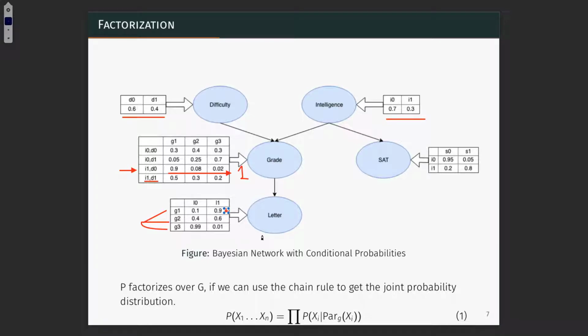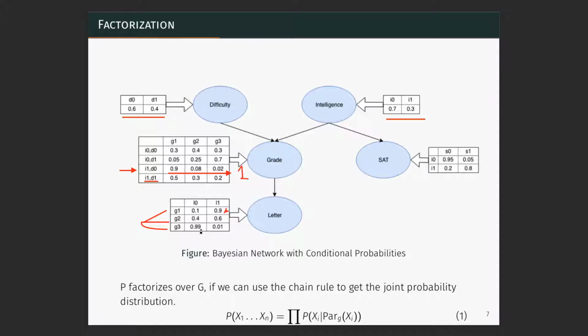If the person didn't get anything good on their grades, probably they won't get a recommendation letter. That is why the probability of not having a letter, given that the grade was bad, is 0.99, which is really high. So this is just a Bayesian network with the conditional probabilities. We're going to use that later if we want to